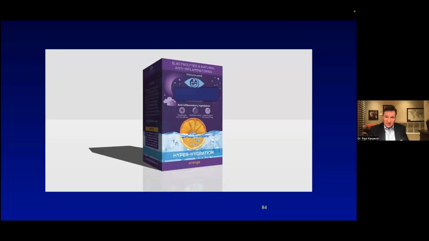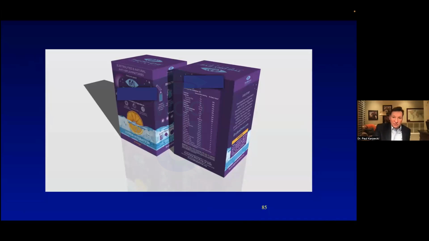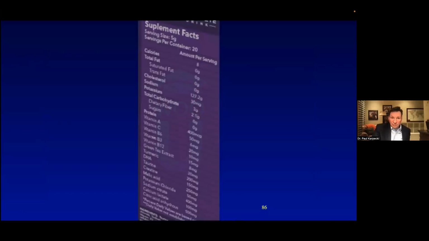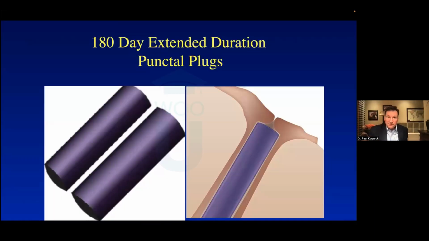Dry eye drinks. There's a new dry eye drink that recently came out that showed twice the absorption of water. That means if you took one of these packets, put it in a bottle of water, and you drank 2 bottles a day, it would be the equivalent of 4 bottles of regular plain water because of the absorption rates that were listed. Lots of good nutrients, lots of components like taurine and anti-inflammatories and creatine. You look at all this green tea extract, turmeric, natural anti-inflammatories, and the list goes on without sweeteners.